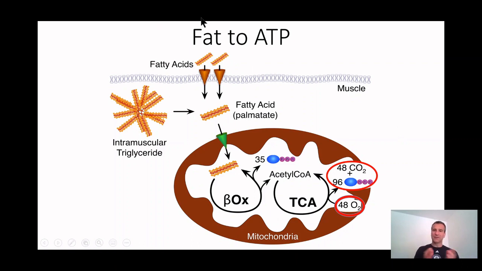The other main fuel that we have, besides carbohydrates, is really fat. We're not going to use amino acids as a fuel too dramatically. We're going to use them, but it's always going to stay about the same amount. The ones that really change as we change how much activity we're doing throughout the day are fat and carbohydrate. So let's take a look now at how we're going to generate ATP from fat.